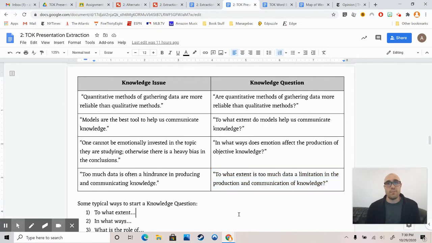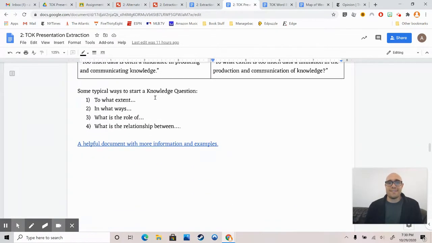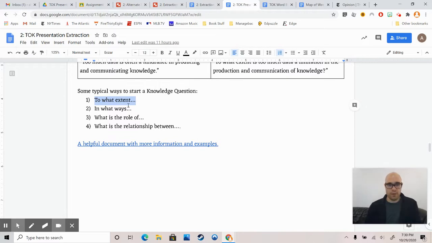So like I said, one of the best ways I think to get to a knowledge question is to take that knowledge issue claim, something that looks like this, and turn it into something that looks like this right here. There are some standard question types or question stems that you can use. The "to what extent" is a classic one for the IB, but you can also use "in what ways,"